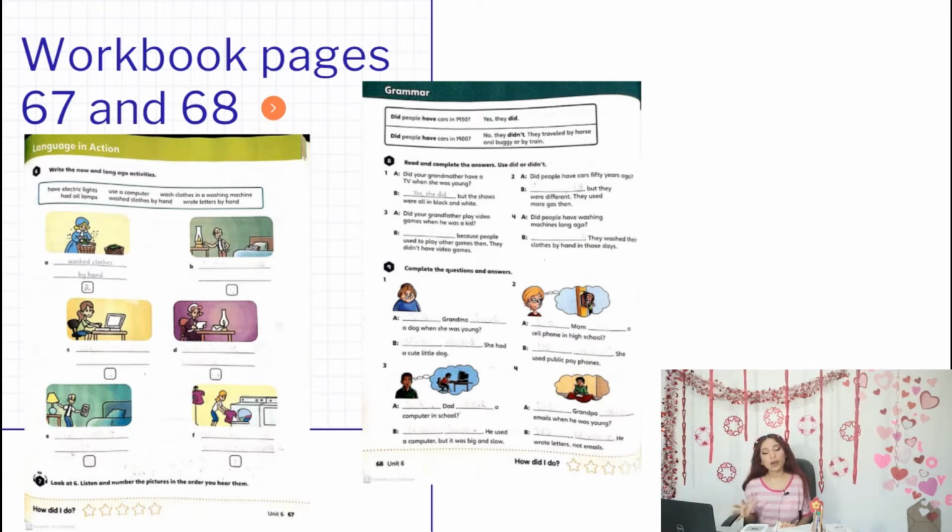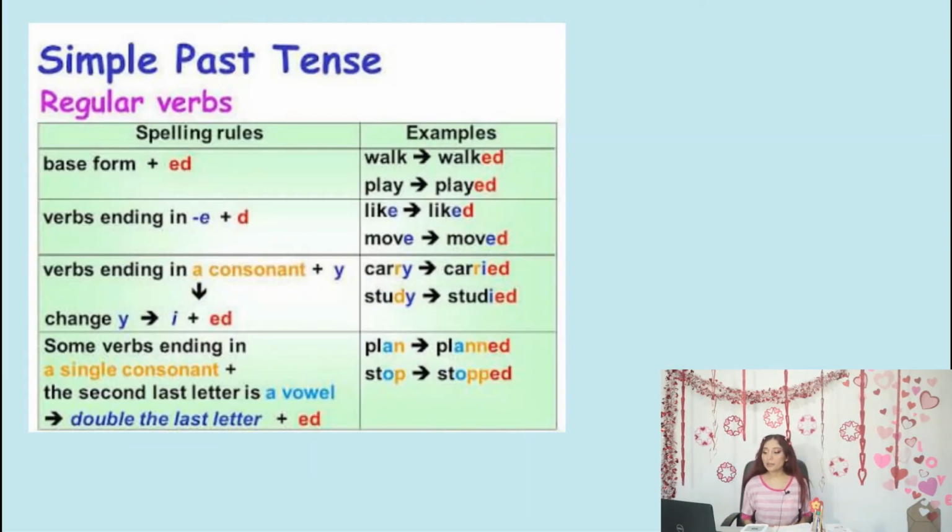So if you have any questions about this, please tell me, but today we are going to review these same topics, questions we did and sentences in past. So let's begin. First of all, I want to do a review about the verbs in simple past tense. Remember that we have two types of verbs in past, the regular and the irregular verbs. So remember that there is not an exact rule,